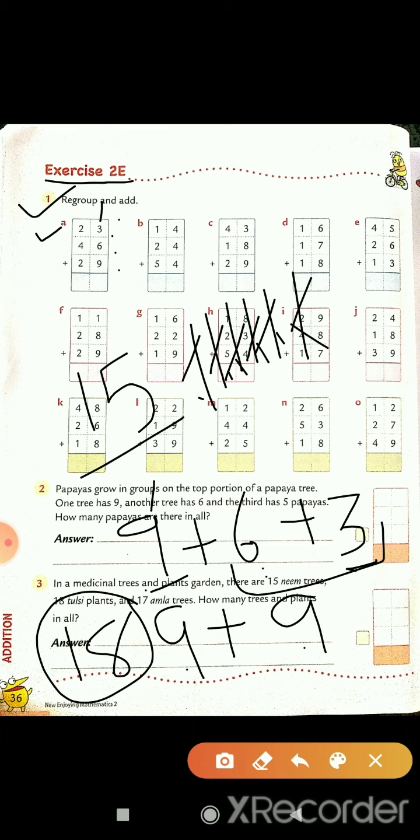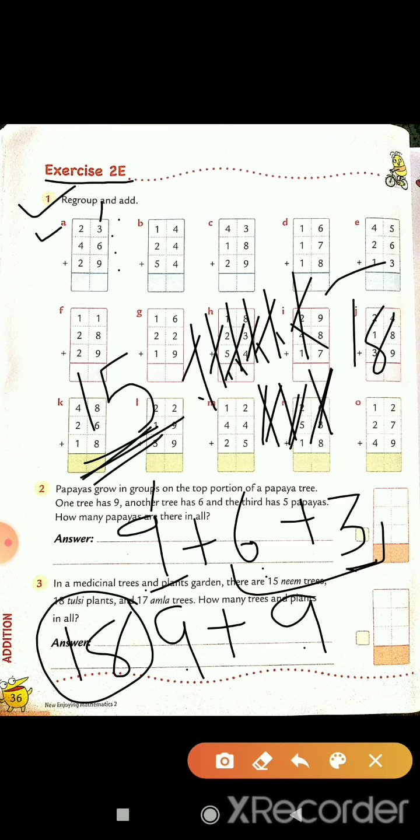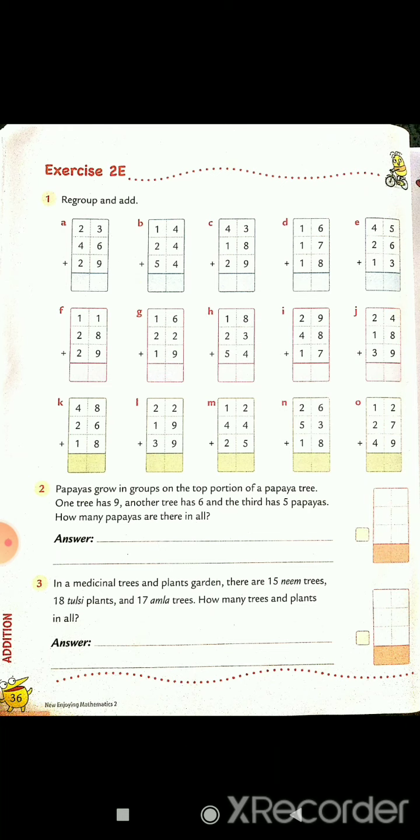15, and then 3 is remaining. So 1, 2 and 3 lines. What comes after 15? 16, 17 and 18. So the answer is 18. See, both the answers are the same. Whichever method you use for counting, the answer is not going to change. Got it, students? So we got